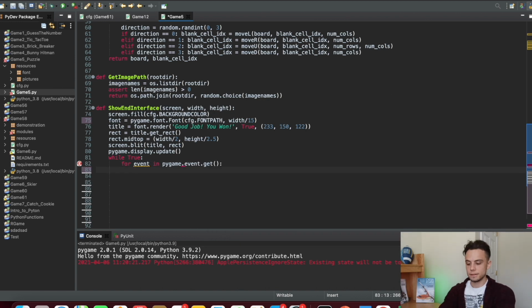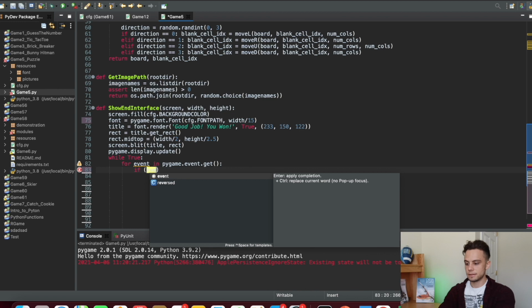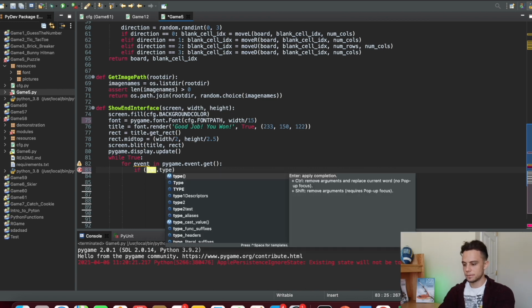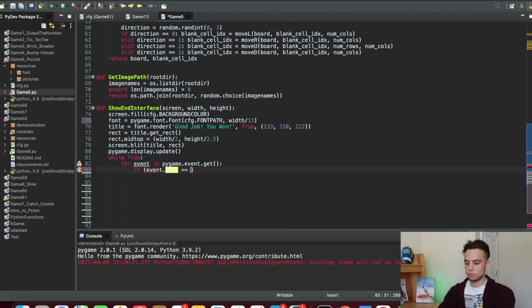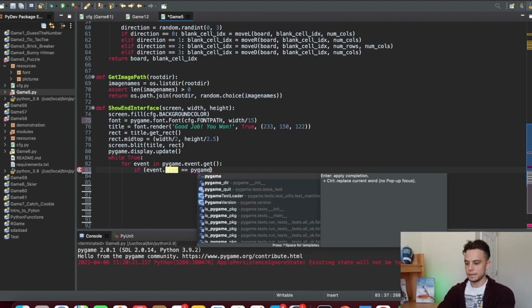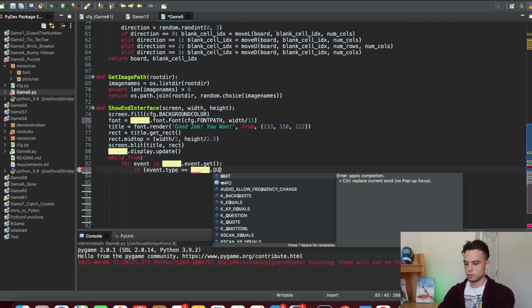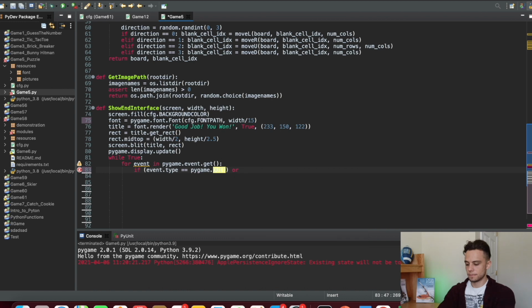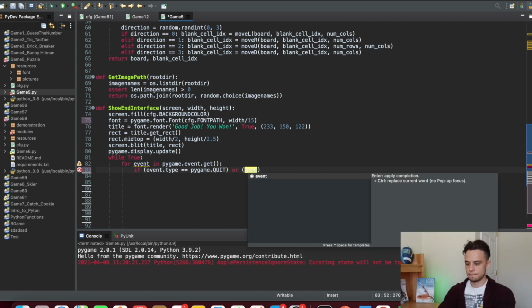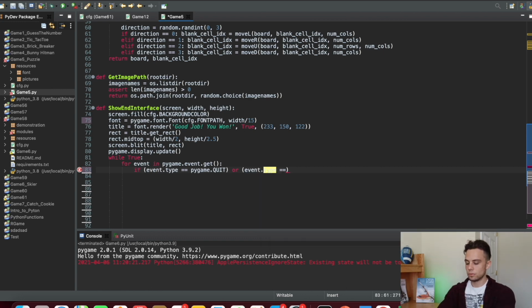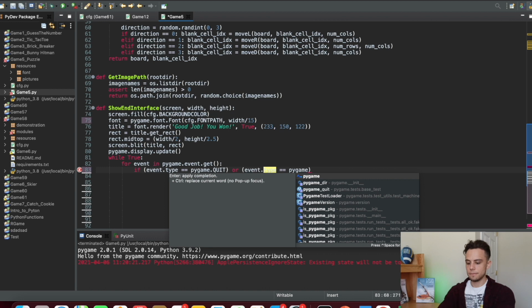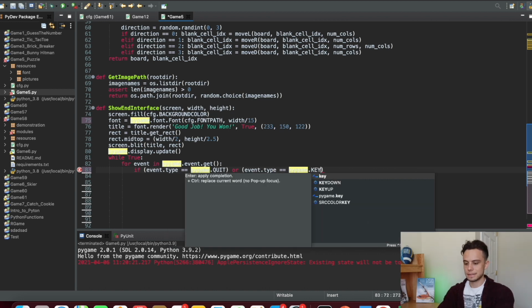So for each event in the PyGame events, if the event.type is equal to pygame.quit or event.type is equal to pygame.KEYDOWN